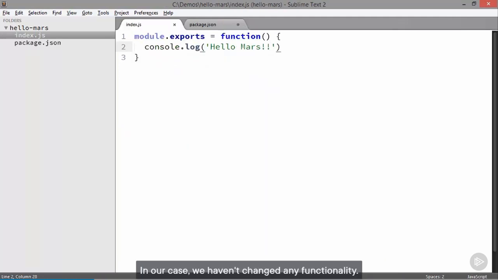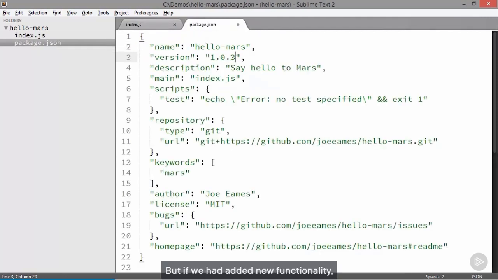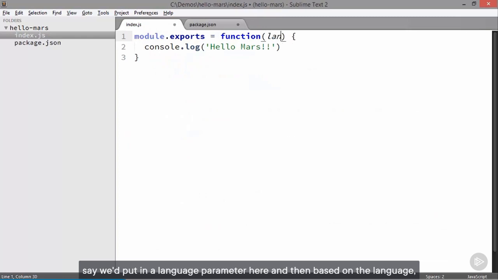In our case, we haven't changed any functionality. There's no new functionality. We haven't broken anything. So this is more like a bug fix, in which case we're just going to change the revision or patch number. But if we had added new functionality, say we'd put in a language parameter here, and then based on